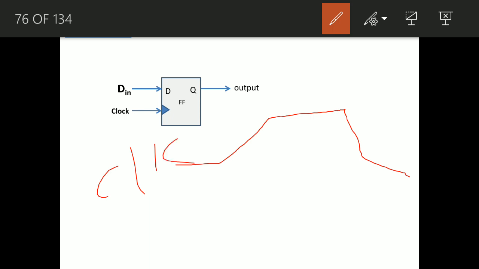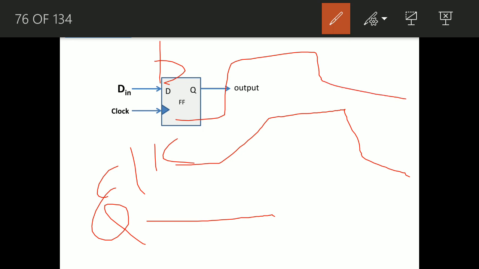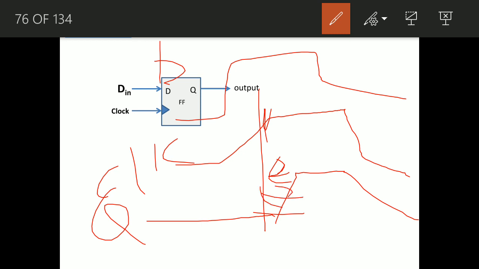And there will be time taken by the output, and the output also takes some time to capture the input. Okay, the output pin will not give the value at the instant when the edge occurs. It will not give the output at the edge. It will take some time delay after the edge, and then give the output after the clock edge. This time gap is called delay. This is the concept we are going to learn in this lecture.